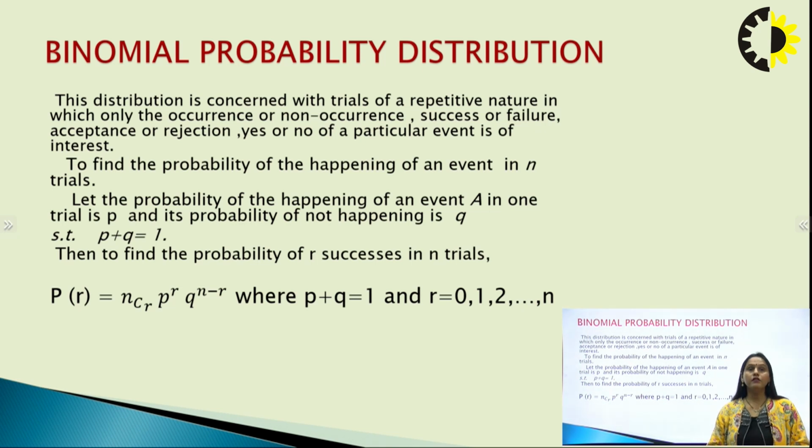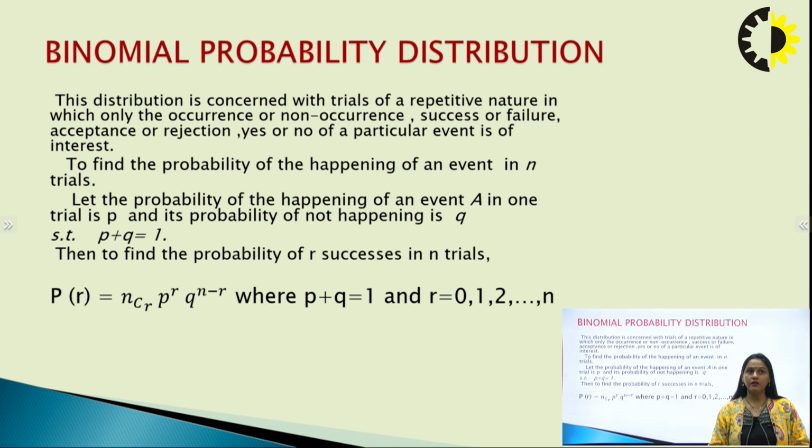So in that trial, one event occurs or does not occur: if we are tossing a coin, we get a success for getting a head or a failure, or in an interview, acceptance or rejection, or for a particular event, yes or no. So now to find the probability of happening of an event in n trials